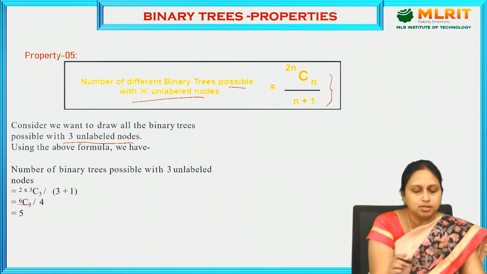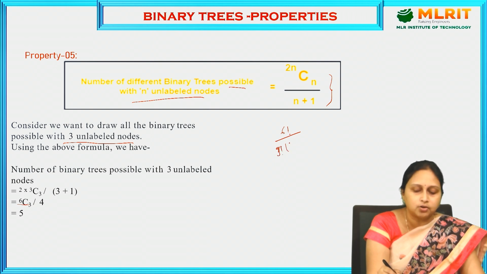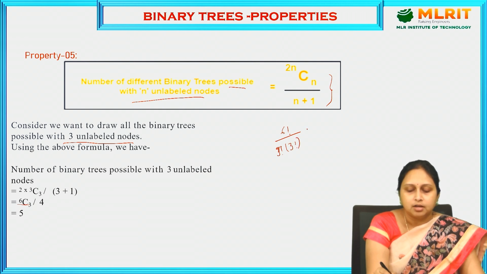6C3 is nothing but 6 factorial by, that is n factorial by r factorial into (n minus r) factorial, that is 3 factorial into (6 minus 3) factorial, which is nothing but 3 factorial, right? This will give you 6 into 4 into 3 factorial by 3 factorial into 3 factorial. This will be cancelled. 3 factorial is nothing but 6. This 6 will be cancelled. 4 by,